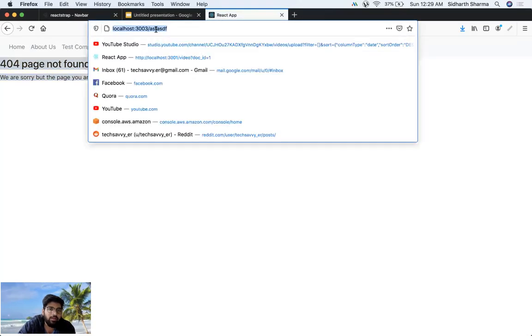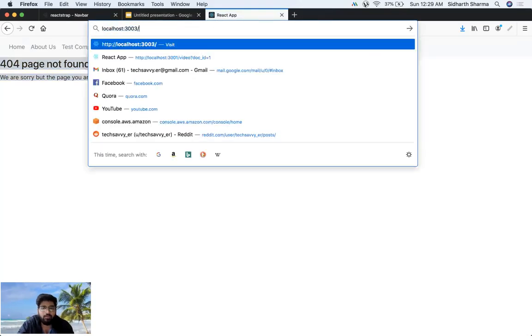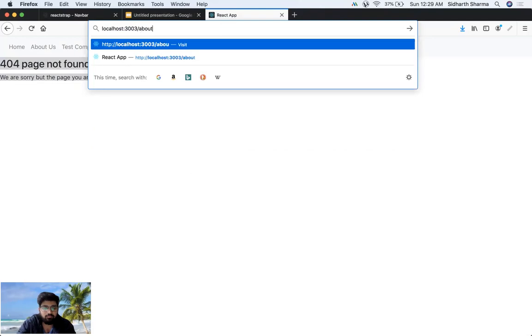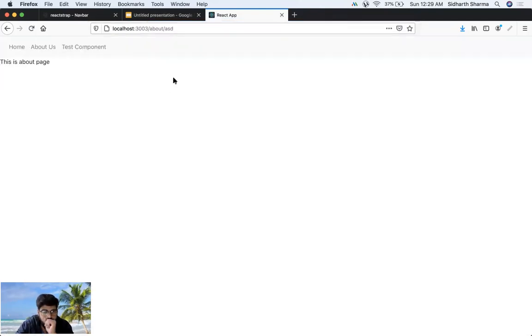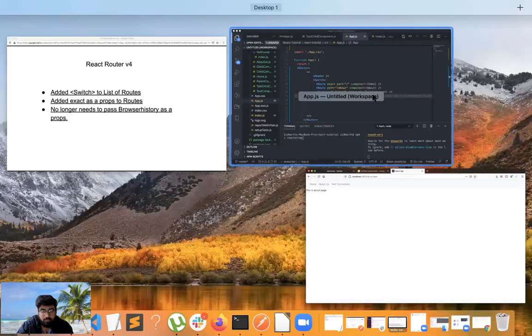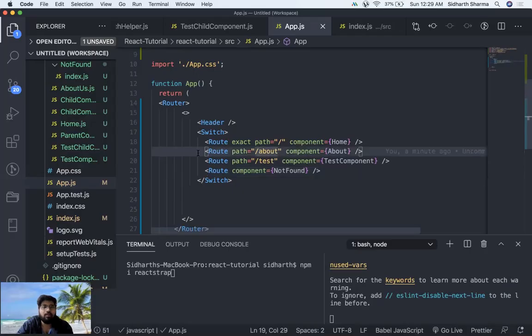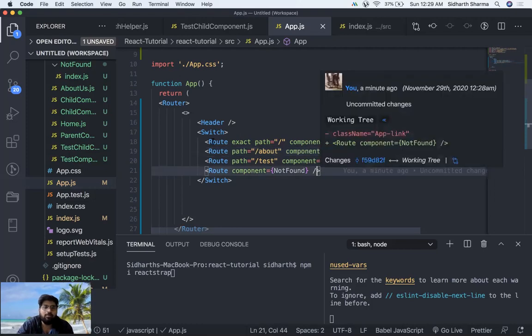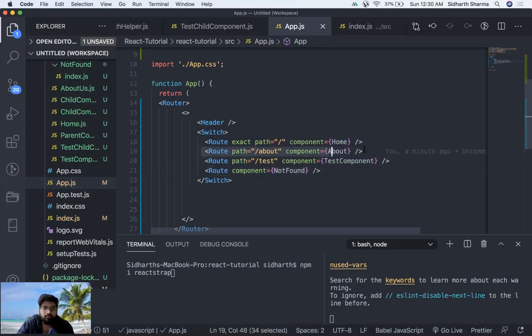So this is how we can handle the 404 not found page. If I write this, the about page still comes because it matches this path, and it's not rendering the other component because the Switch stopped here.